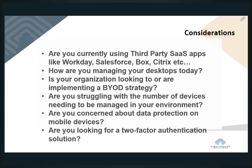How do we ensure that the right people at the right time in the right location are getting access to the data? And also, very importantly, you may be looking at two-factor authentication solutions. And I'm not talking about legacy RSA key fobs or anything like that. I'm talking about leveraging your mobile devices, getting a phone call on your device to identify who you are, or a text message, or a secondary email, or something like that. Two-factor has come a long way from what it was 10 years ago, when it was indeed pretty